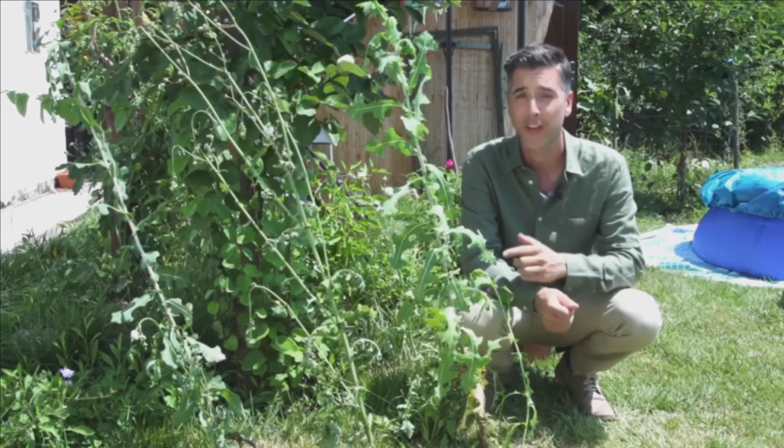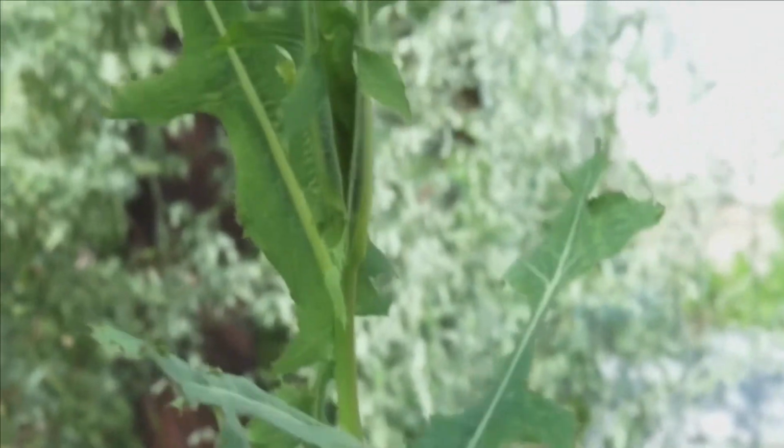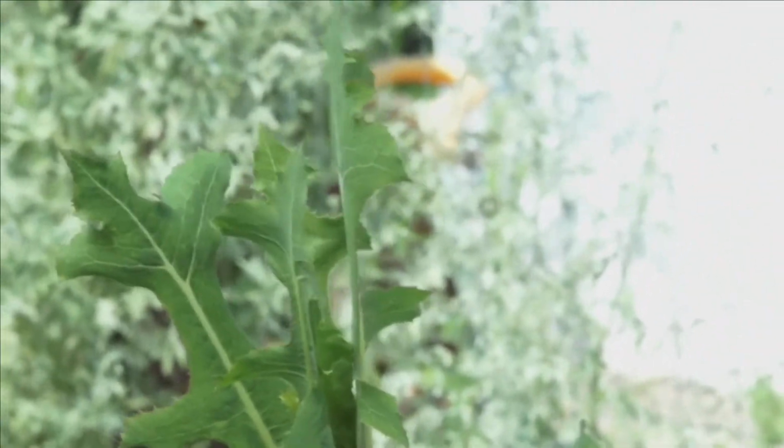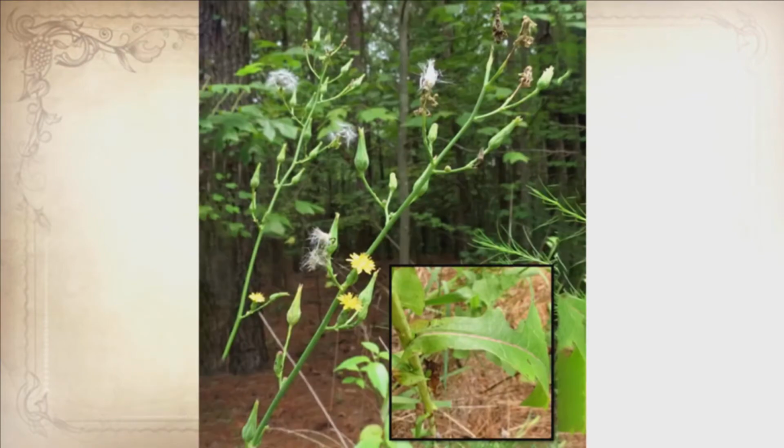Next time you see this plant in your backyard, don't cut it down, because this is the best natural painkiller you'll ever find. Some people even compare it to morphine. This common plant is called wild lettuce and was commonly used by Native Americans 2 centuries ago for both food